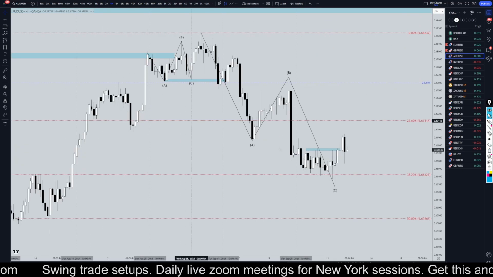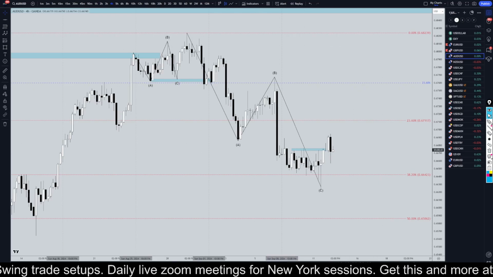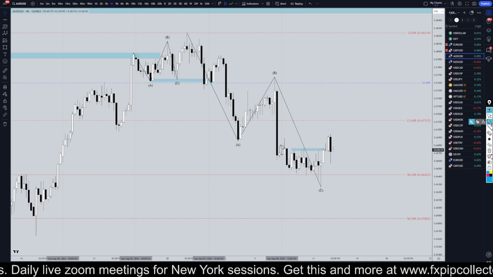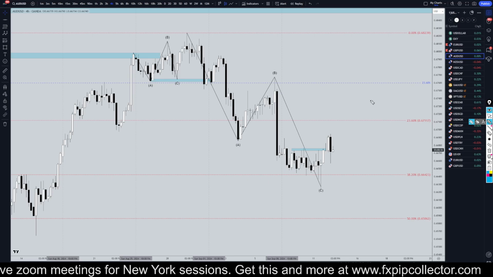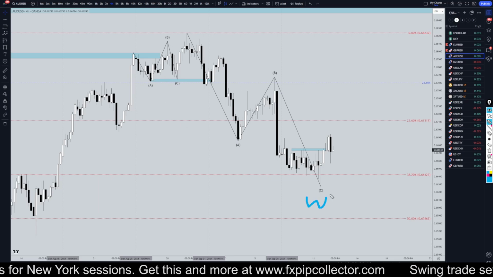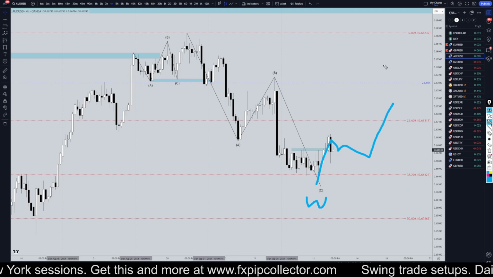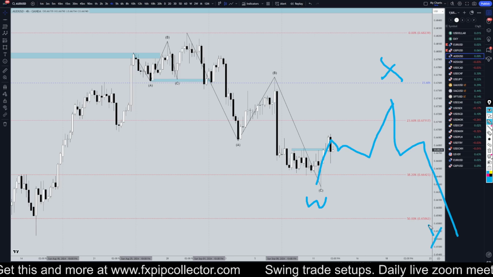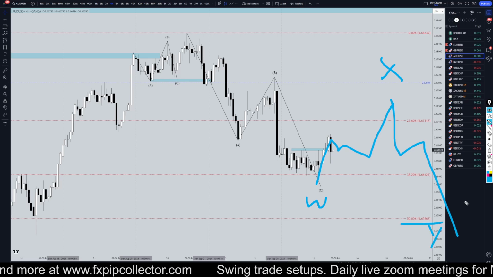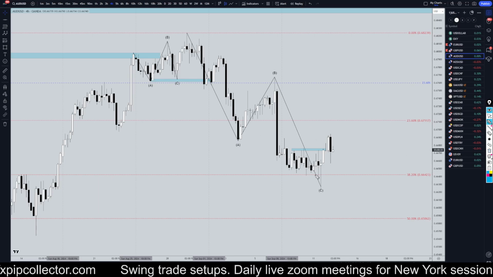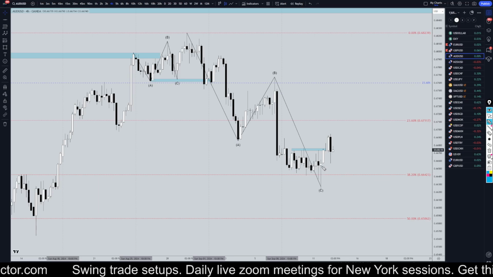So taking it down to the 4 hour time frame. I had this labeled as an ABC, but like I said, I'm really not convinced that this is actually going to continue down. I think it's either going to be a 3-3-3 pattern like a WXY, so ABC of W, ABC of X, and then possibly ABC of Y, maybe bringing it down to the 50 or the 61%, or maybe this is going to be a 3-3-5 pattern, which would be basically a flat.